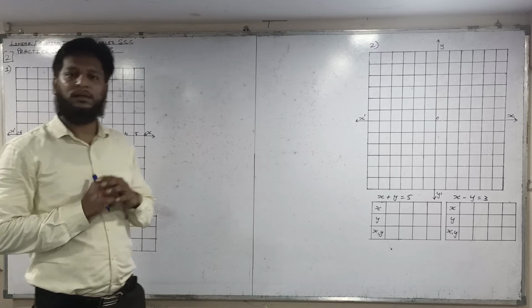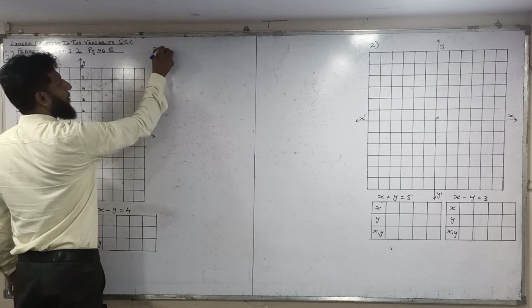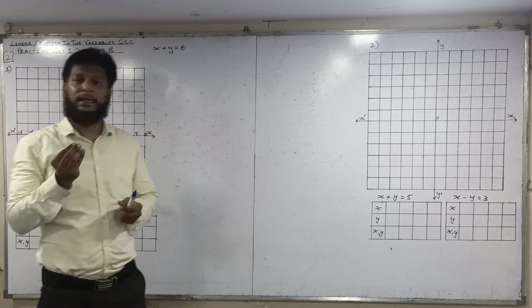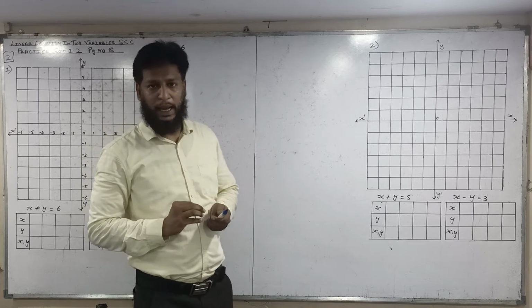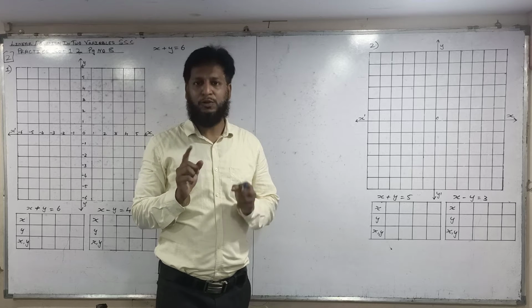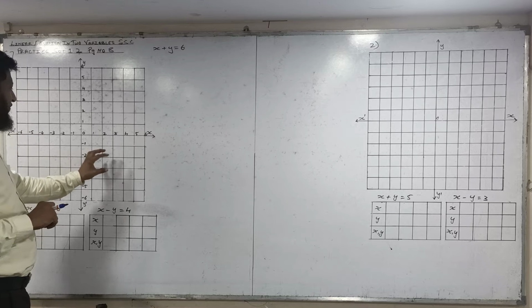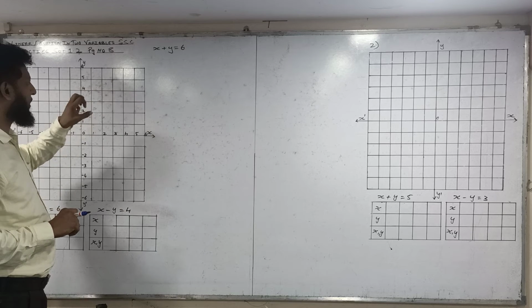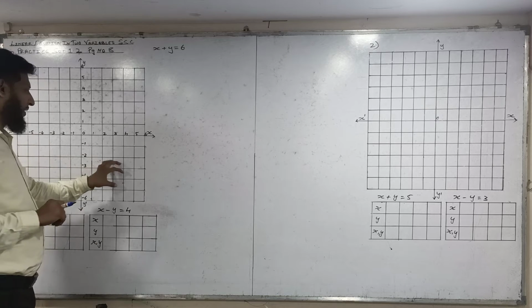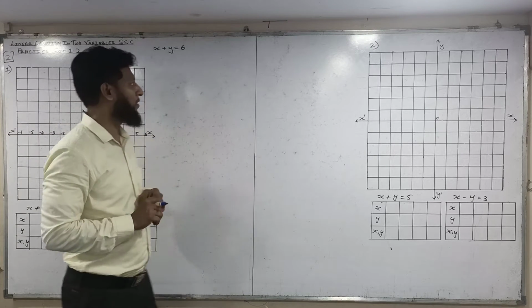Okay, so now see, the first equation is x plus y is equal to 6. Here, take one value on your own, and try to take a small value. If possible, take one negative value so that the line can cross the quadrants. See, this is the first quadrant, second quadrant, third quadrant, fourth quadrant. In the first quadrant you will get positive values, then in the second negative and positive, and so on. So at least take one value in minus, if possible.